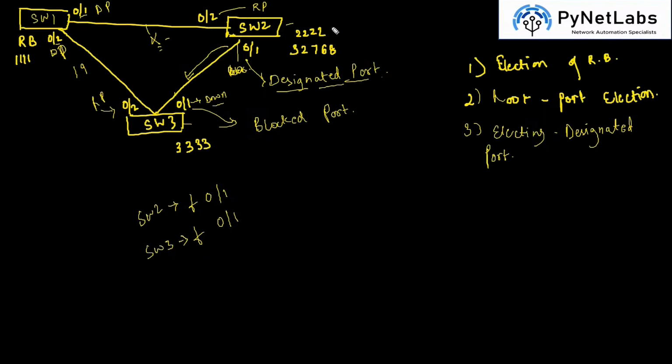So in this case, if we compare the MACs of switch number 2 and switch number 3, we know that switch 2 is the one with the lesser MAC. So we will consider FA01 of switch 2 as the designated port, and FA01 of switch 3 will be the blocked port. So basically the fourth step is